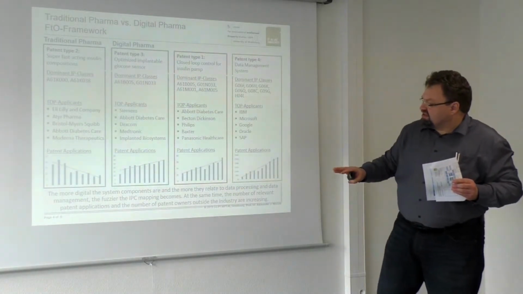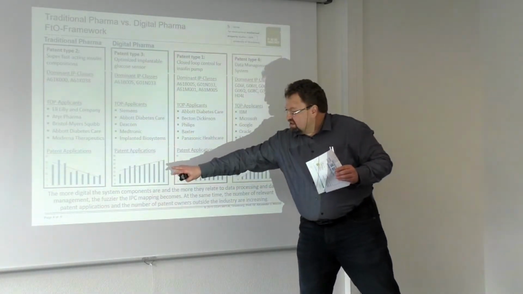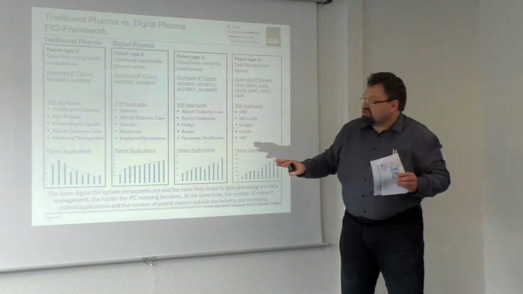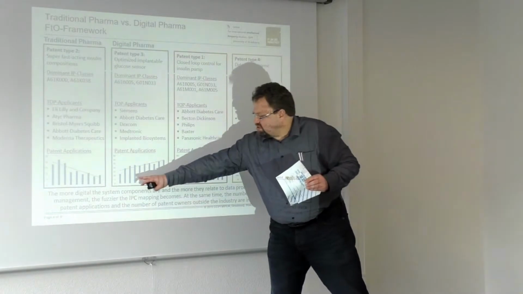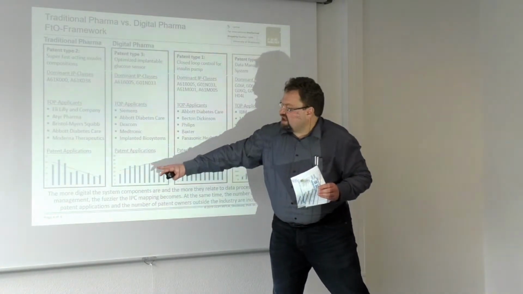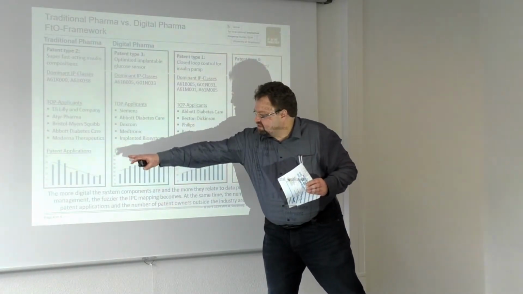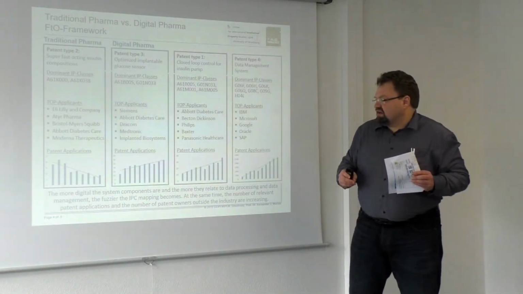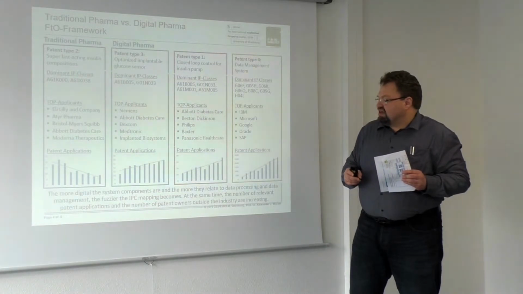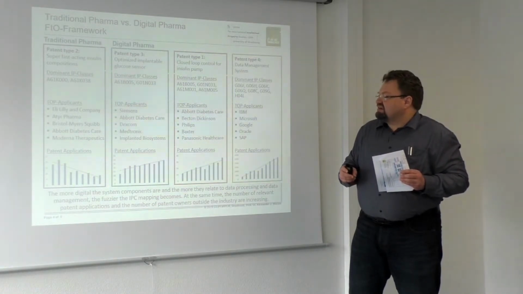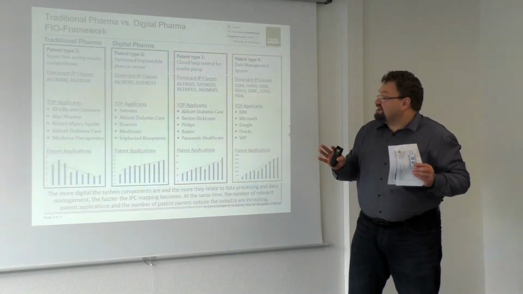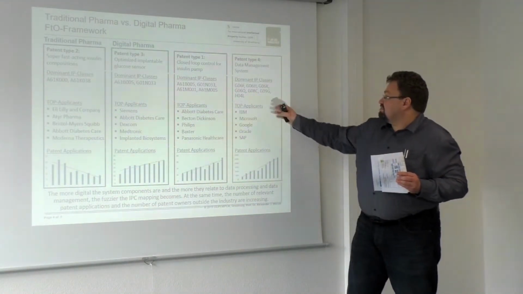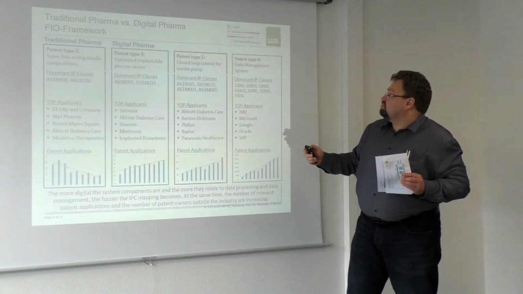And there we see a slight increase in applications, but when we look at the numbers, they're still low, so about 15 to 25 applications a year. And this is changing when we go further to patent type 1 and patent type 4,